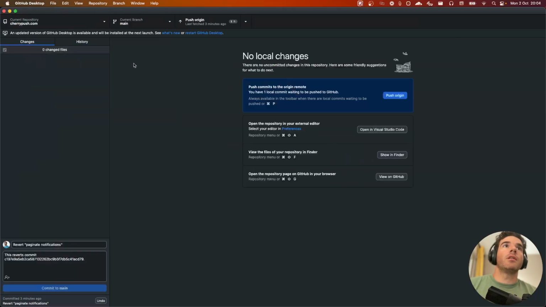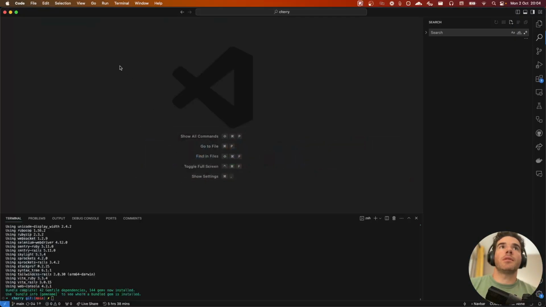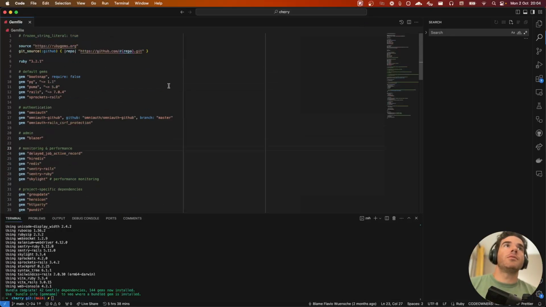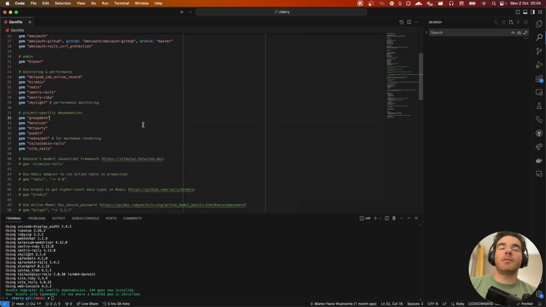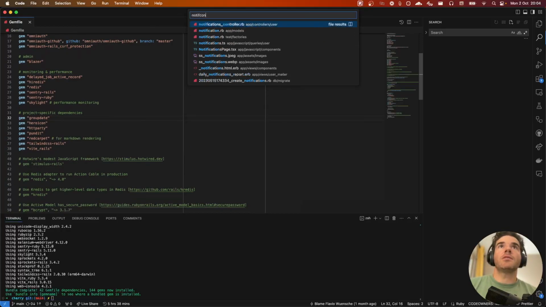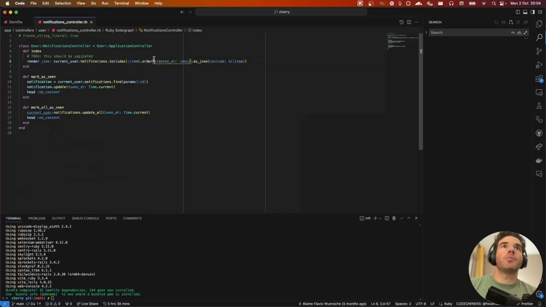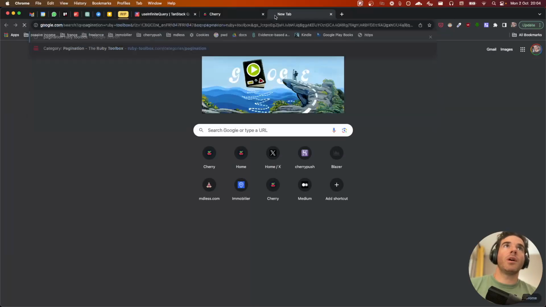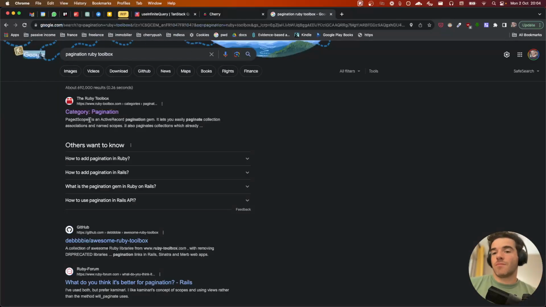So here we have 0 changes. And so first thing I would do is to implement the backend part of it. Why is that? In the notifications controller, there's no support for pagination for now, as you can see from the comment. So since we're using Rails, if you don't know how to look for a best gem,